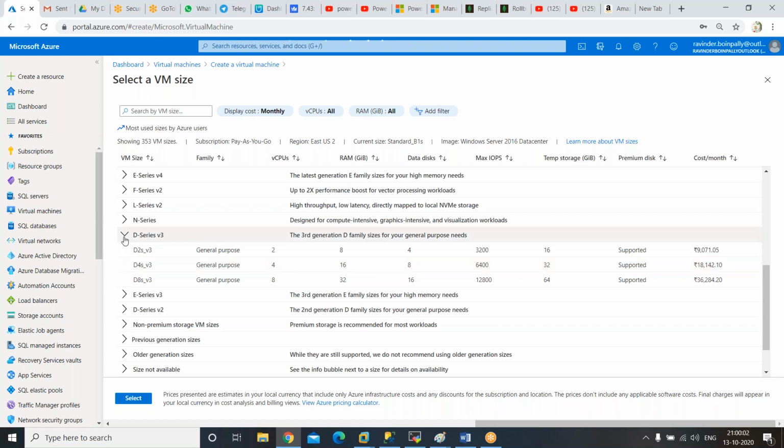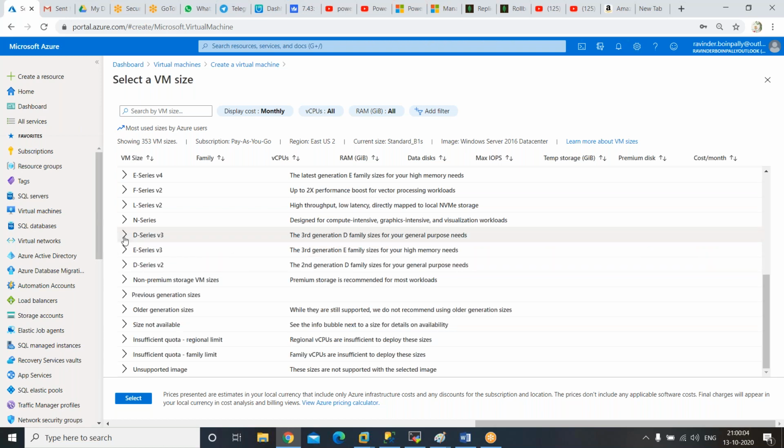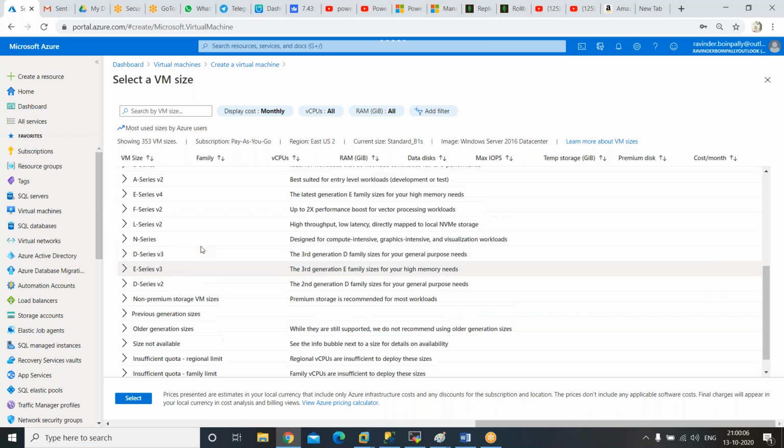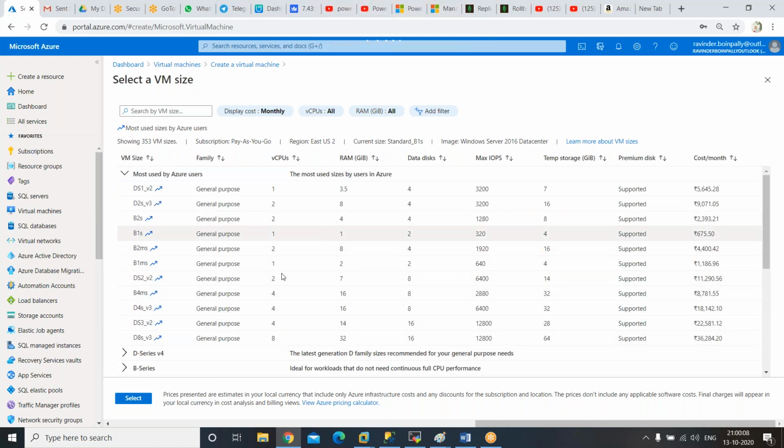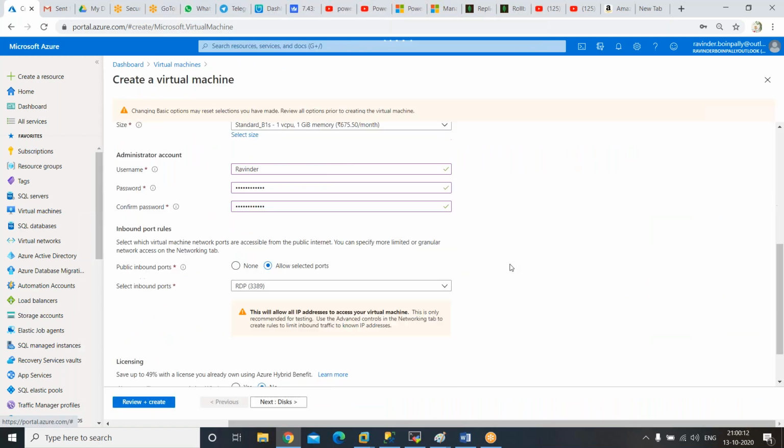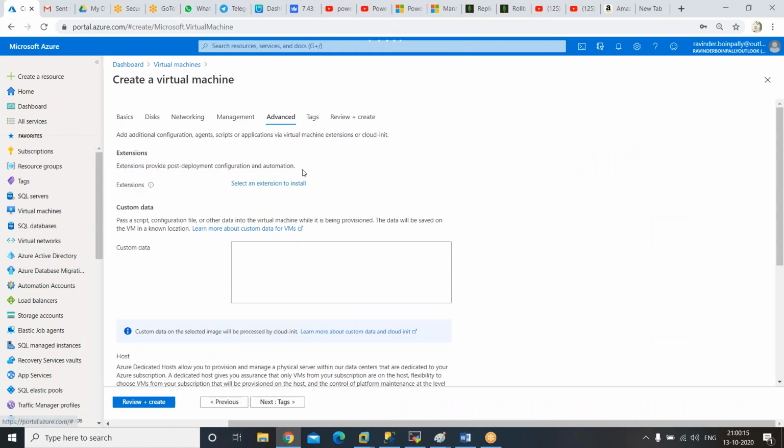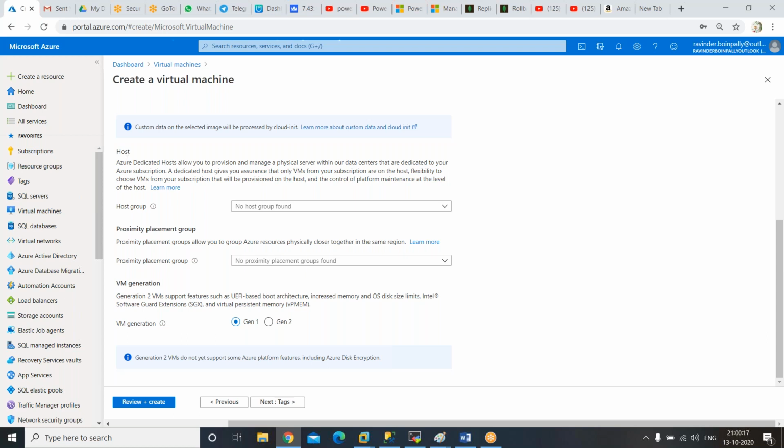If you wanted to follow your own custom configuration, you have to buy the host. What host do you want to buy? The physical host. Okay, how do we buy it? We cannot buy it as pay as you go. That is a very huge configured machine. If you click on the host groups,